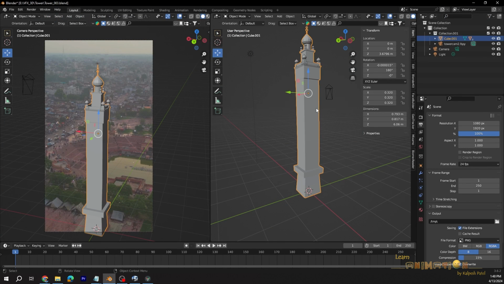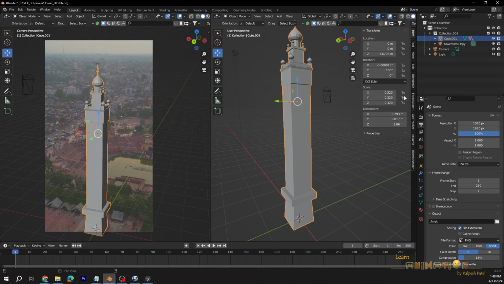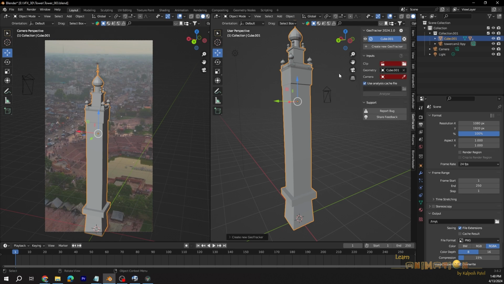To track the geometry, just select the geometry and click on Create new GeoTracker. In this one we need to load the clip. Now instead of this image we are going to load the clip.